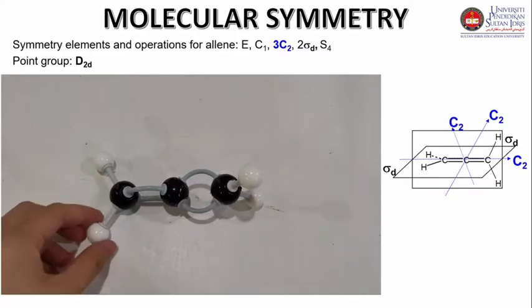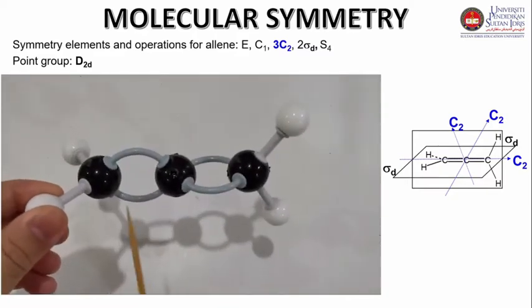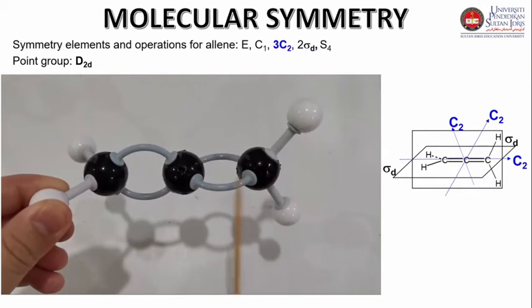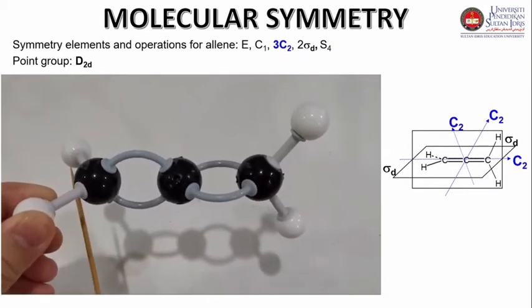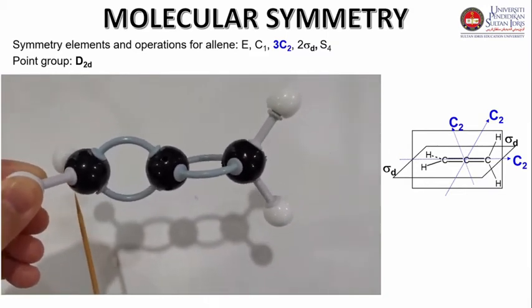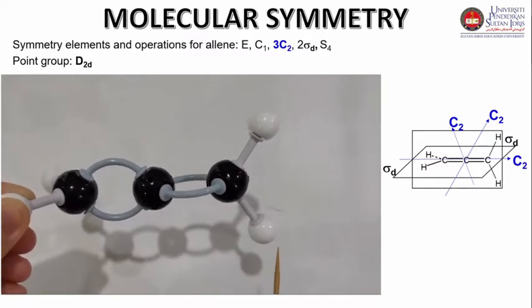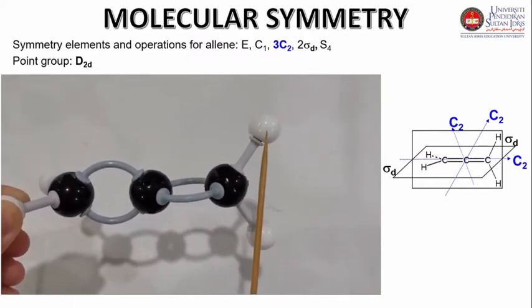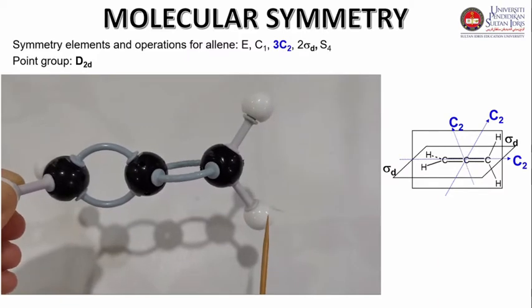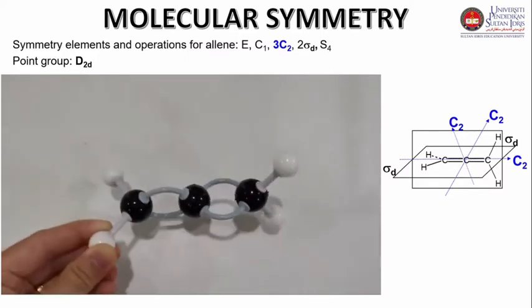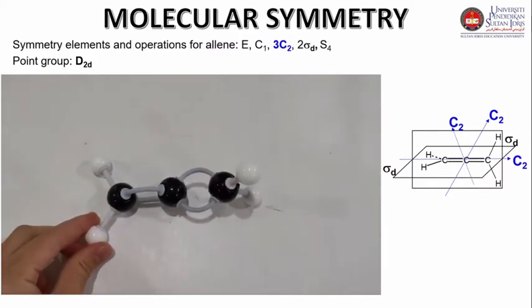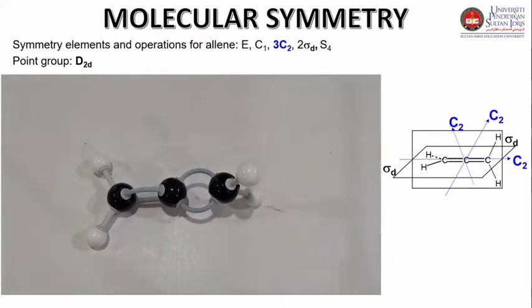Okay guys, now we check the number of symmetry operations. This is the carbon atom and this is the hydrogen atom. So the black pole represents our carbon atom and the white pole represents our hydrogen atom. You can clearly observe that the 3 carbon atoms and 2 hydrogen atoms lie in the same plane, but the other 2 hydrogen atoms are not lying in the same plane, as you clearly observe through this picture.